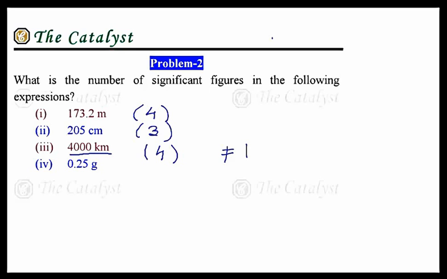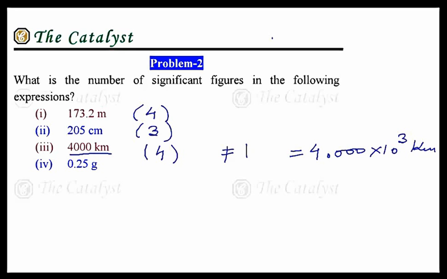It is not 1, because many a time we get confused with the rule that non-zero figures are to be counted and the zeros which are followed by a non-zero digit are not to be considered. Sometimes we get confused by this. This is not a number, this is a measured value, therefore all the 4 have to be counted. The same value could have been written as 4.000 into 10 to the power 3 kilometers, because the number of significant figures cannot change just because you change the way it is represented, or even if you change the units.